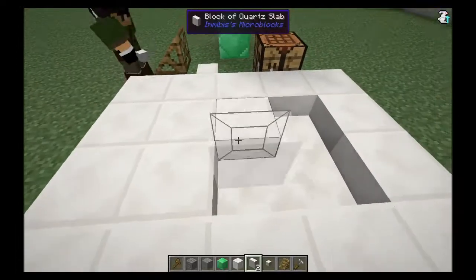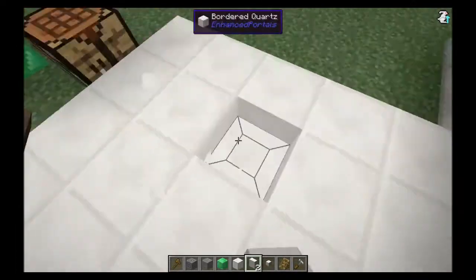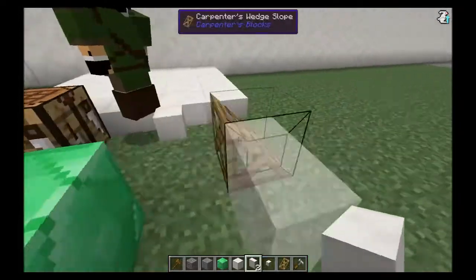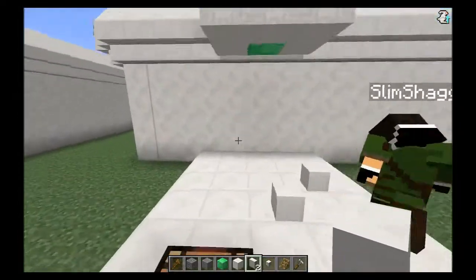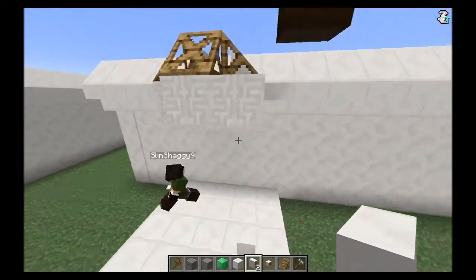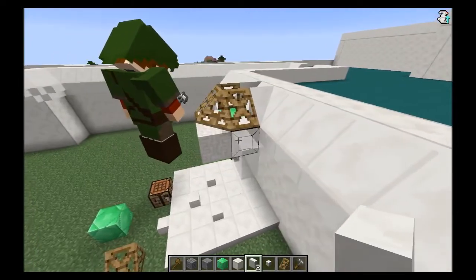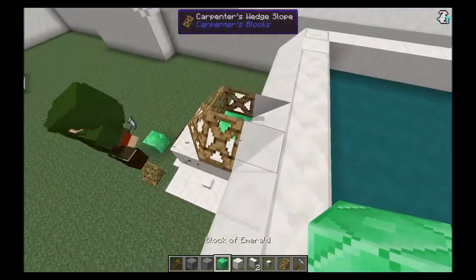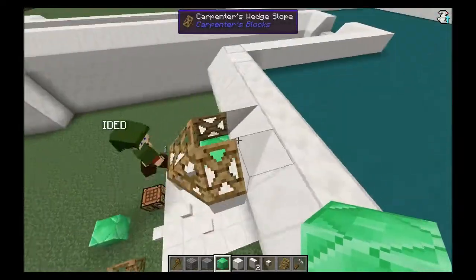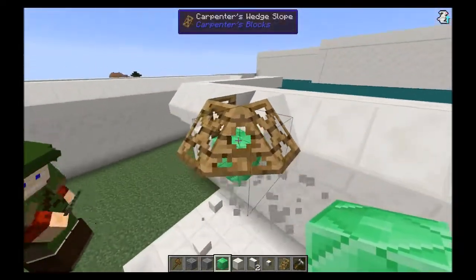Like that. And then I do that and that. Ooh, I like the chisel quartz there. Oh crap, for goodness sake. I accidentally destroyed it. Alrighty then, so that's the bit. I think that's how the top bit should look. I'll get rid of the...